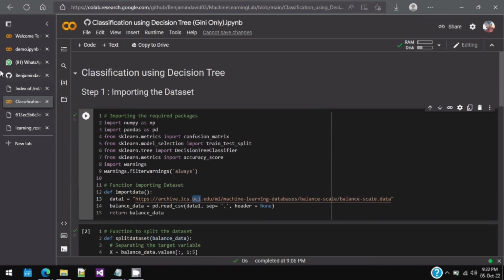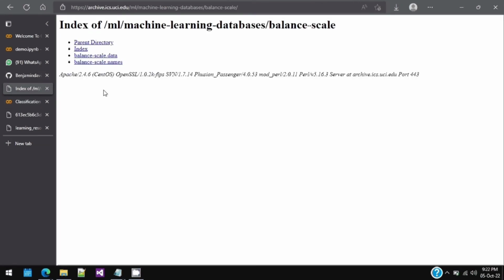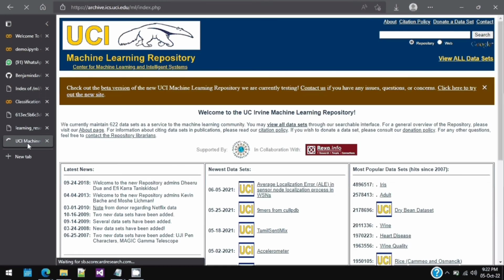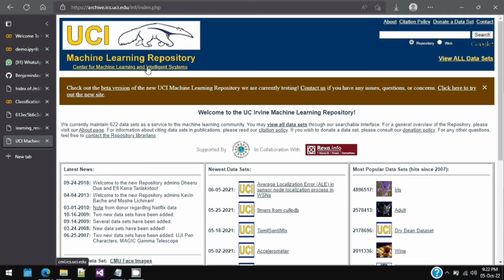Okay, so coming to the resource, this has a set of datasets, that is the balance scale weight and distance database. As you can see, this is the source information, and a lot of information is given here